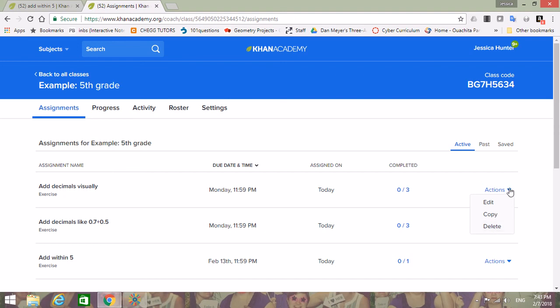From this screen, you can edit your dates, you can copy or delete the assignments, whatever you need to do. You can look at past assignments from here and